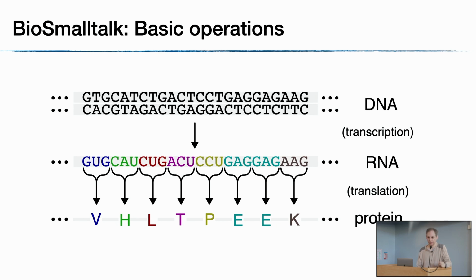It's the first step of gene expression, and it consists of copying the DNA into RNA, which is another kind of molecule. And this is the beginning of gene expression, and when the cell needs to do something, it locates the right position at the DNA, and it starts to